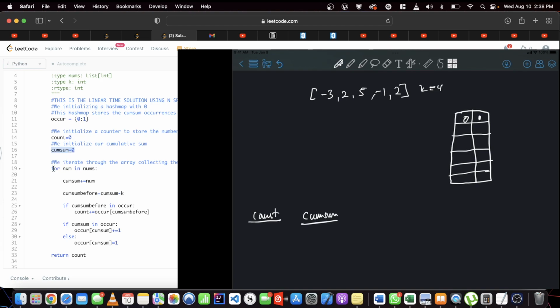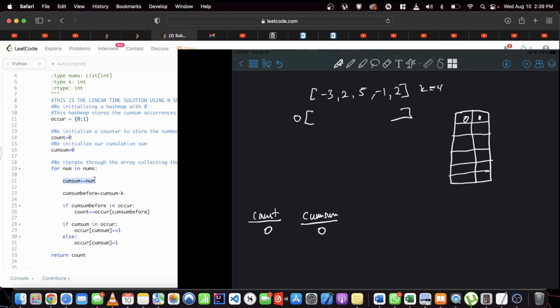So now we iterate through the array, collecting the cumulative sum and the number of occurrences of that cumulative sum, right? So we're putting them into our hash map. So we increment our cumulative sum, right? So here I'm just going to put another array here too, which doesn't exist, right? 0. So our cumulative sum was 0, but now it's